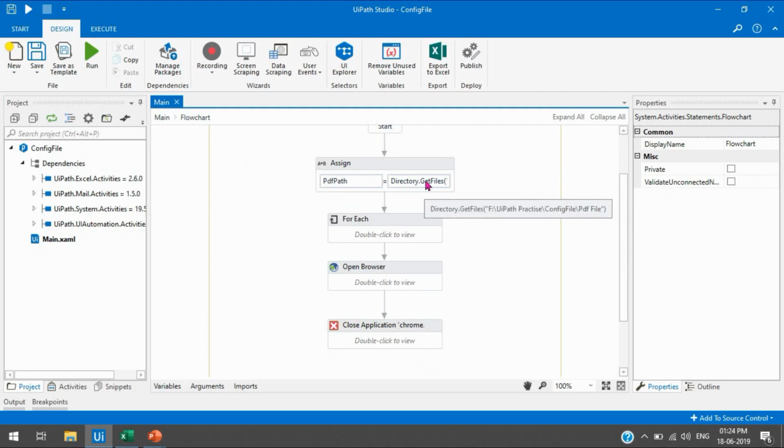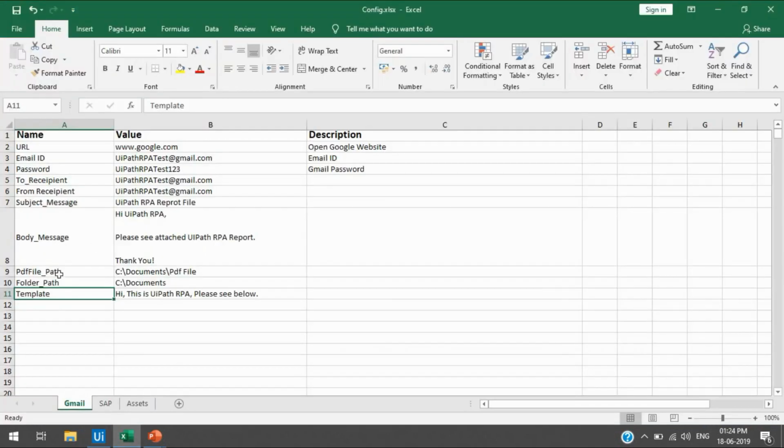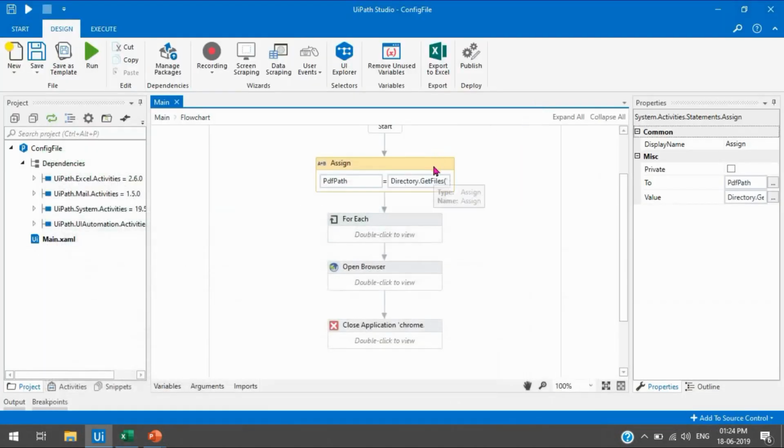Let's suppose this is for your project only, and you are going to send this project to the business operations team, and they have a different PDF file location. So what will happen? Will you change this again? No. That's why we can use the config file, put the PDF file path there, and just use the variable here. So this is without using the config file.